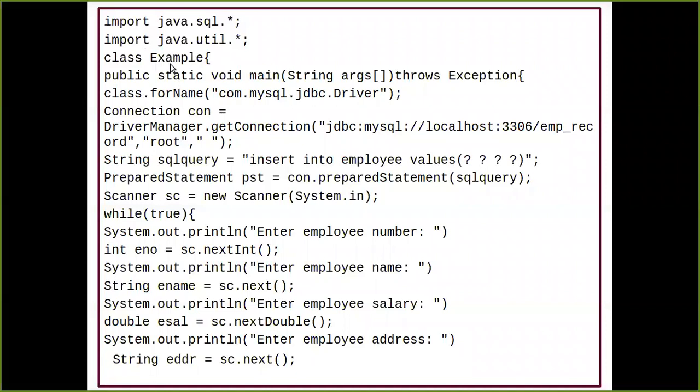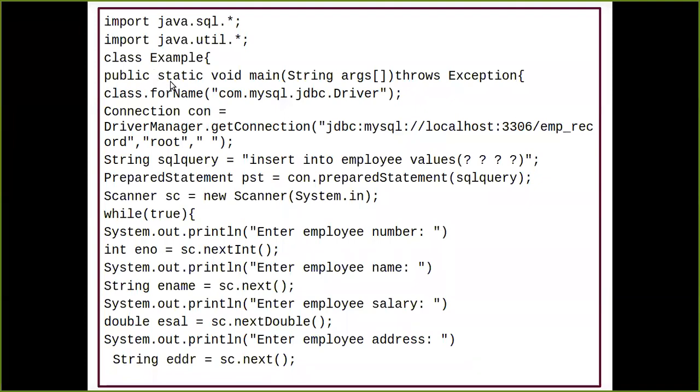So then we are going to create our class. The class name which I have given over here is Example. And then we have the main method, that is public static void main(String[] args), and you can just have an Exception class being called over here. So if any exception occurs during your program execution, it will show you that particular exception from this class.